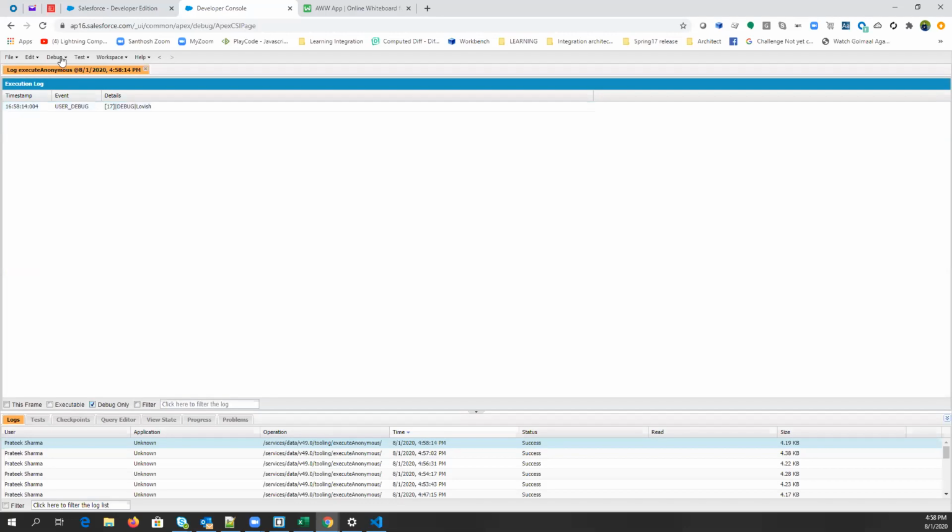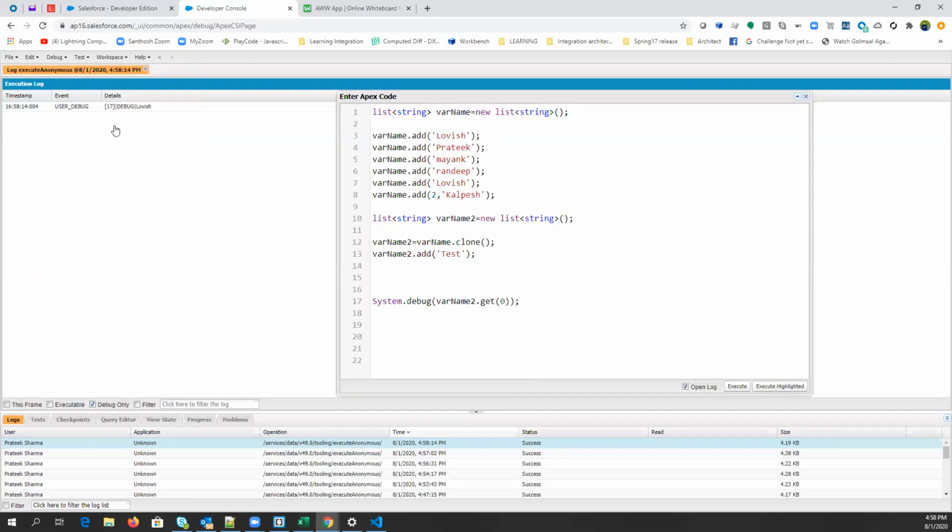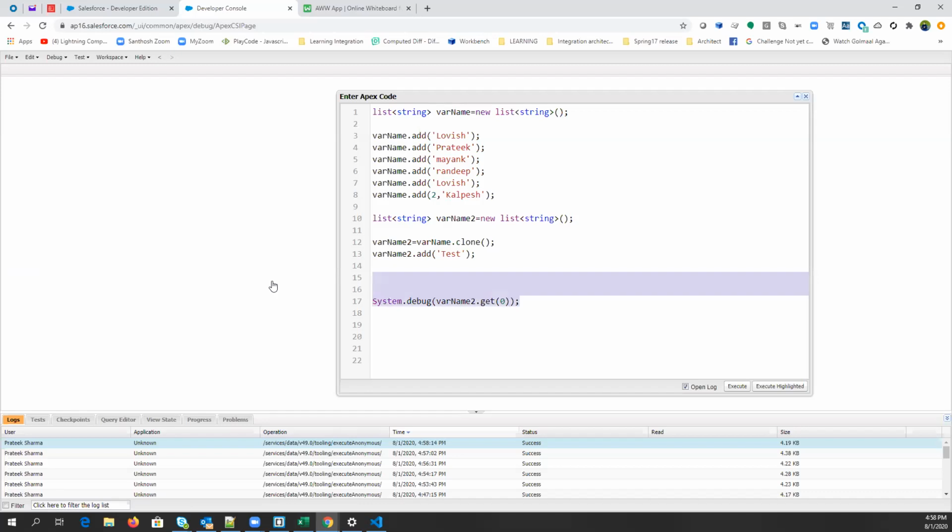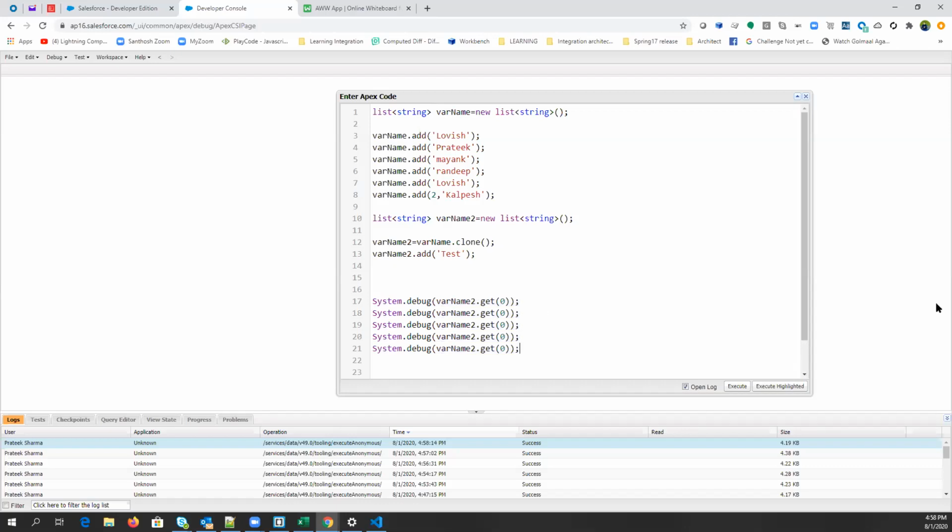See, the same way you can print any value. Let's print all the values so that you can get the indexes. Let's add multiple system.debug. Index number 1, index number 2. How many indexes do we have here? 0, 1, 2, 3, 4, 5, 6.